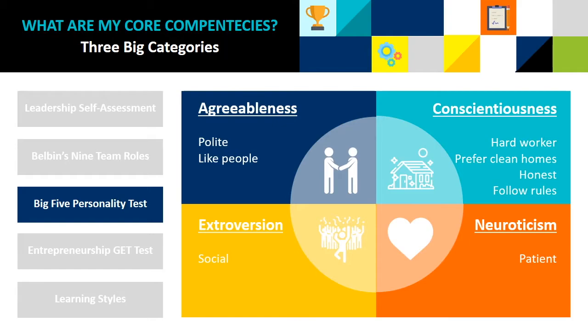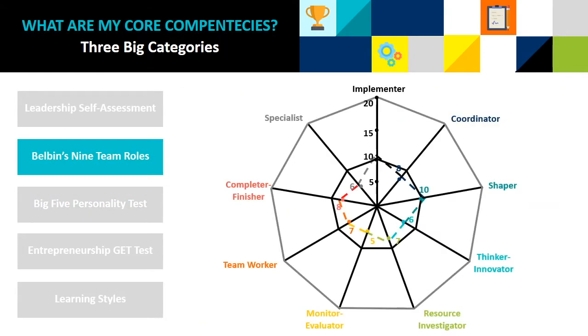I'm a detail-oriented and organized person who believes in independent achievement and likes to socialize with others. So how are all of those competencies going to affect my dynamic within a team? Based on Belbin's 9 roles, it turns out that I'm an implementer and a shaper.